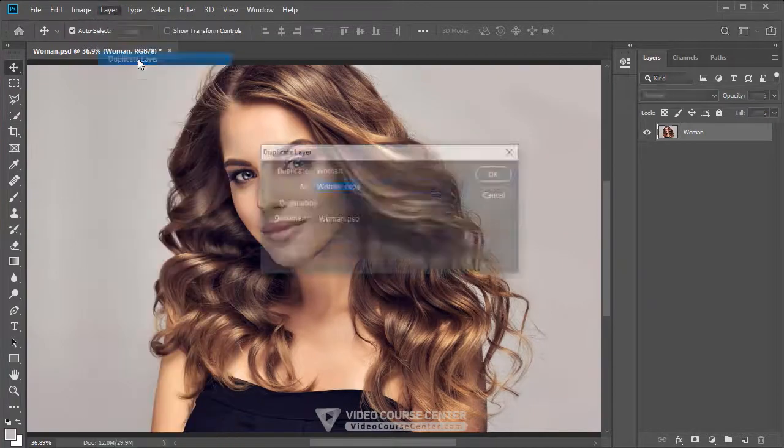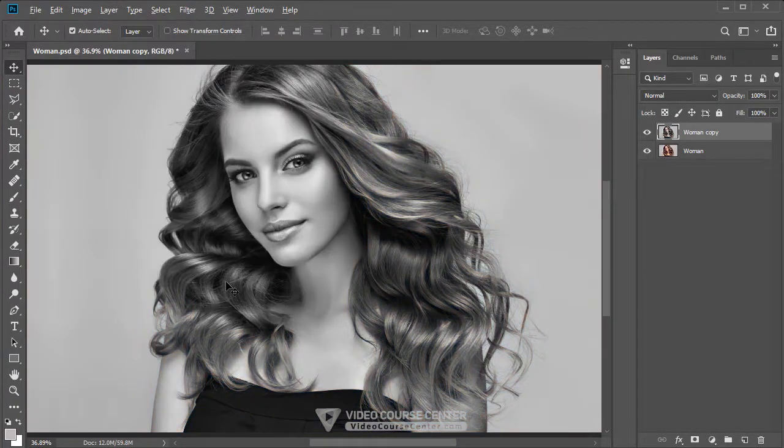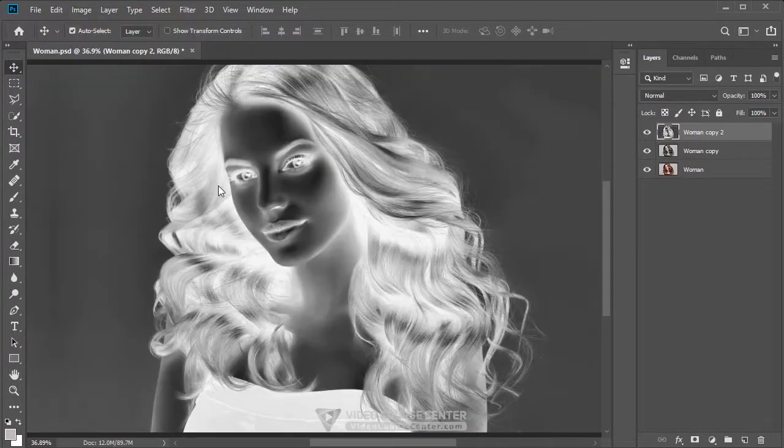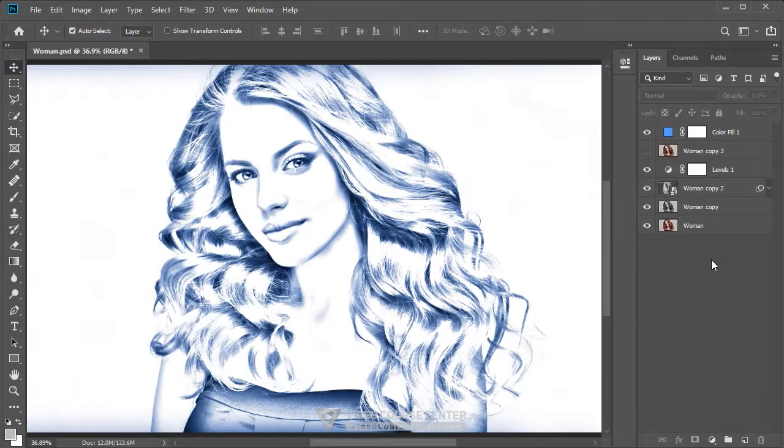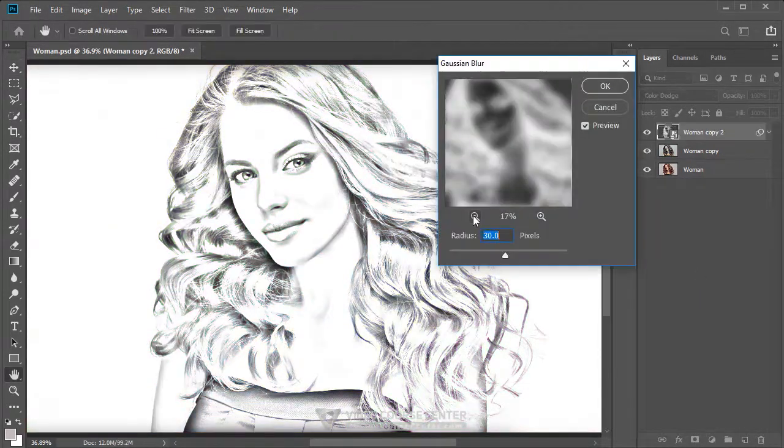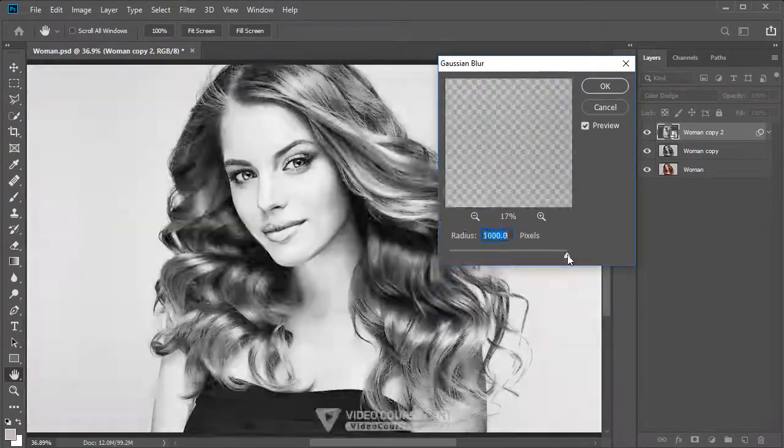In this video tutorial, I'm going to show you how to create 4 different variations of the sketch effect. We'll start by turning the photo into a black and white sketch, and then we'll create 3 different colorized versions. First using the photo's original colors, then using a single color, and finally we'll colorize the sketch using a gradient effect. So if you like to turn your photos into a sketch, enroll now and I will see you in